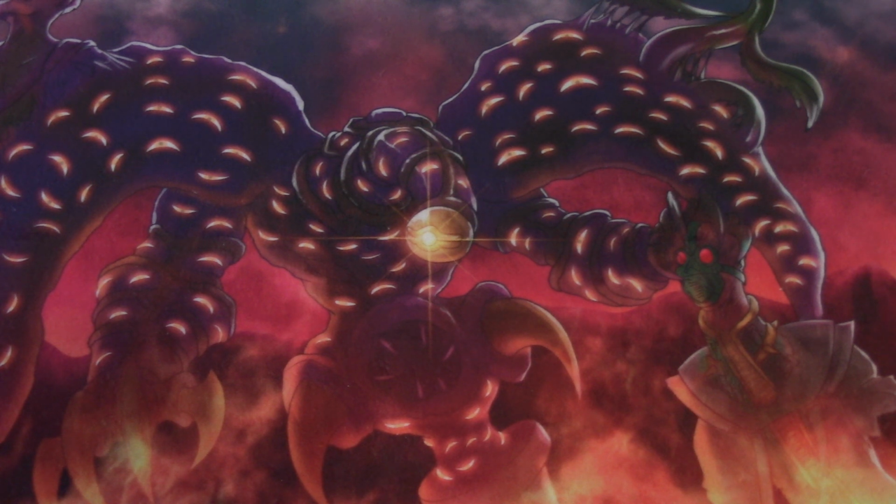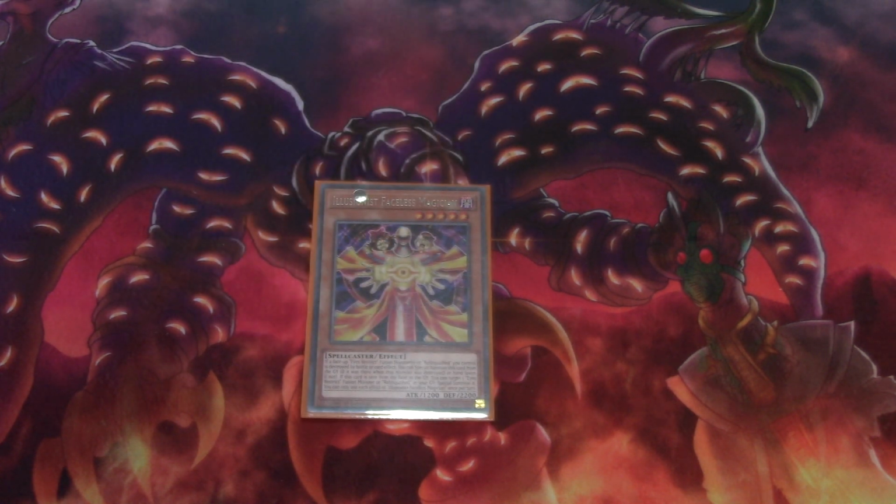Next we run 1 Illusionist Faceless Mage. Some people run this as a 2 of. I've seen back in the day people ran this as a 3 of. I personally just like it as a 1 of in the deck. You can easily Foolish Burial this card to the graveyard, but it's just a nice little card to have,